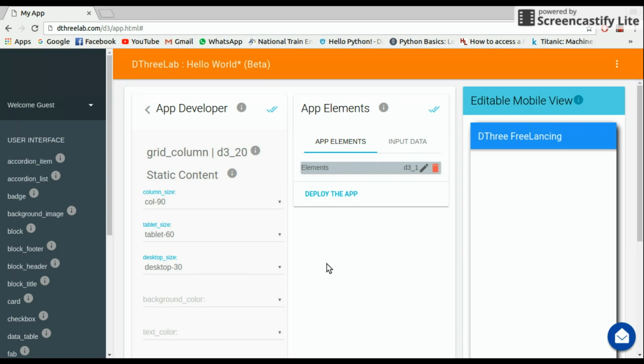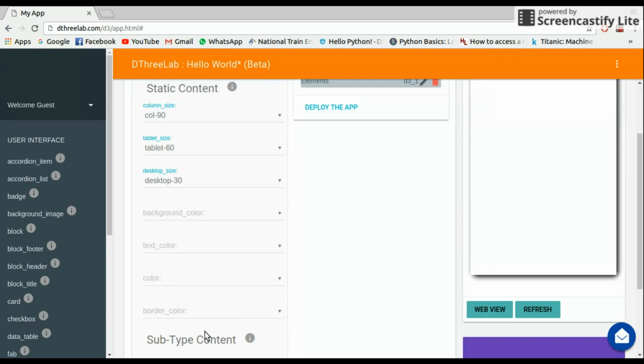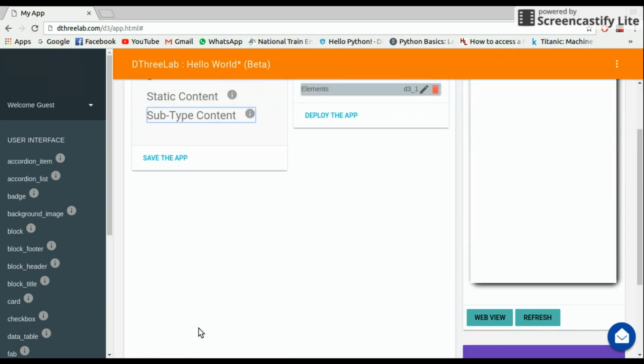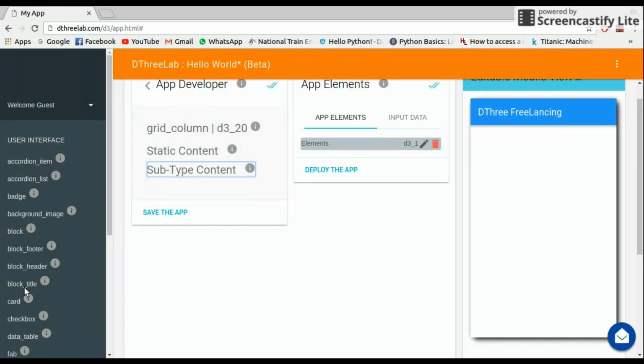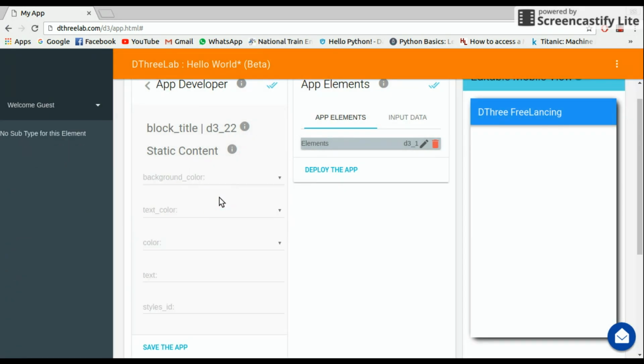So suppose I want to use a login in this system, then this login will automatically adapt according to the screen size. It will have 30% of the size on desktop, 60% on tablet, and 90% in case of mobile size. So let's view it. Let's have some text in it. Let's have some blog title. I'm editing this blog title. I'm writing: Hey there,